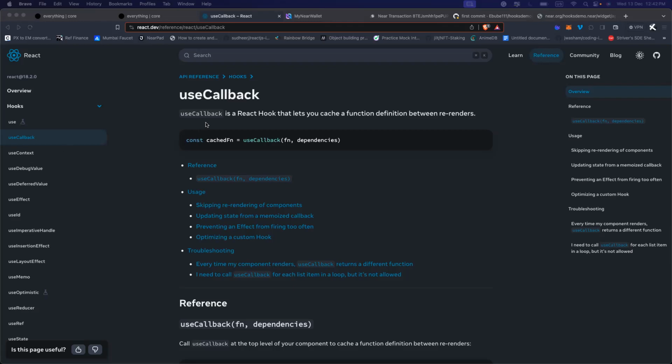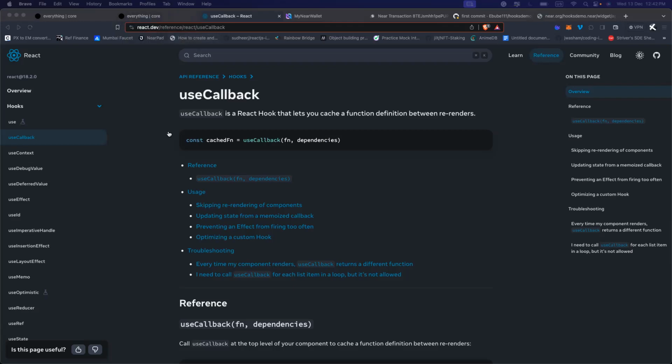So just to touch on a couple of them. As you can see, the use callback hook takes in a function call and also a dependency. This is meant to track state changes and make sure that if your application is rendering again, it hinders that unless the dependency changes. A little bit like use effect, but use effect is not actually a function call. Use effect handles the entire application, or the entire page, if I should say. So I will just go over